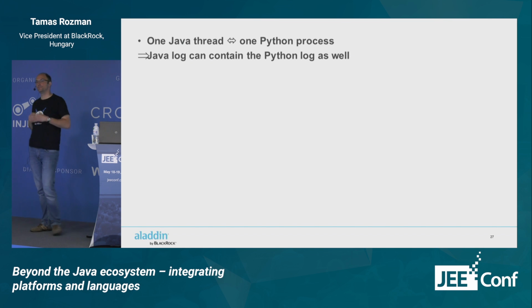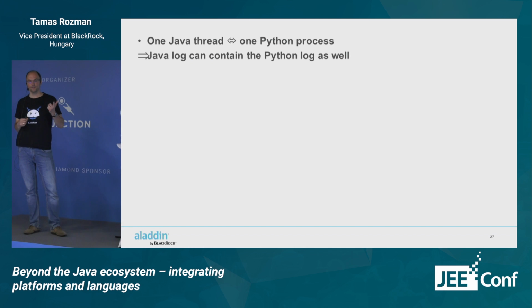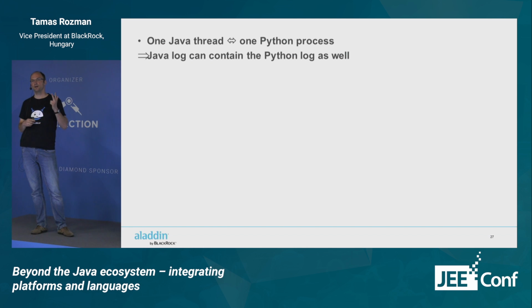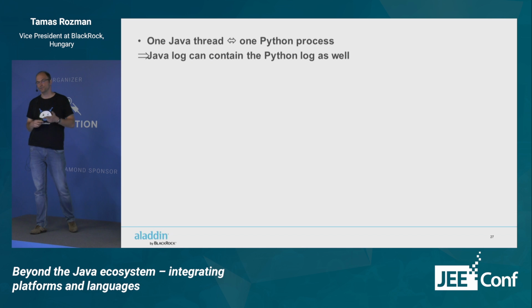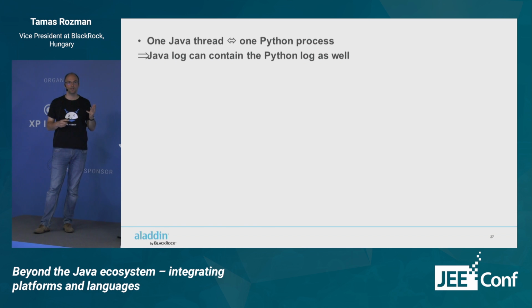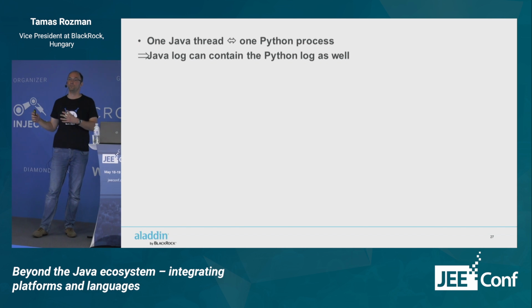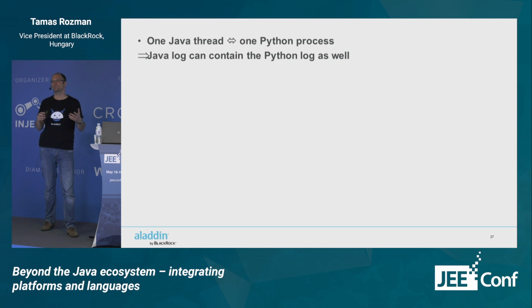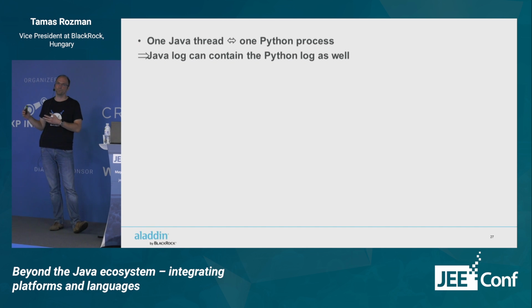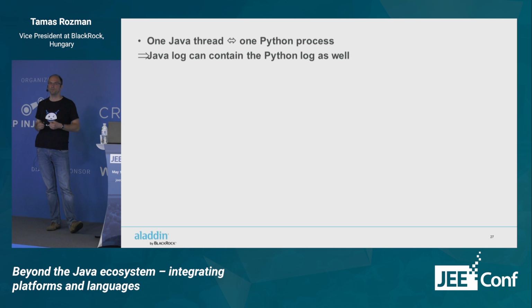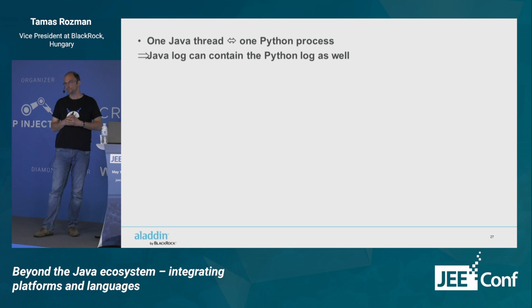All right, we have now request response. We have binary transformation. We have exception handling. All we have left is logging. It would be quite handy for us if our Python logs would appear in the proper Java log. So we just don't want to have another log for our Python calculations, because it just makes life much harder and support much harder. So nothing prevents us from actually doing the logging in the Java log, because we have,